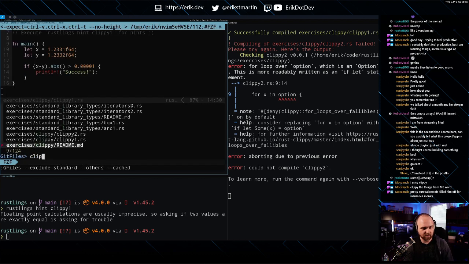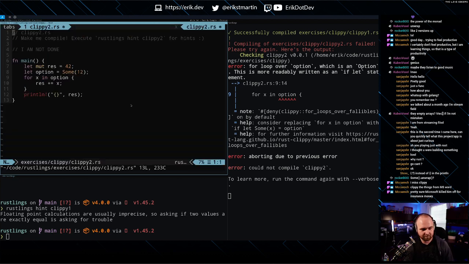Alright, Clippy 2. For loop over option, which is an option, this is more readably written as an if-let statement. What are you trying to tell me here?